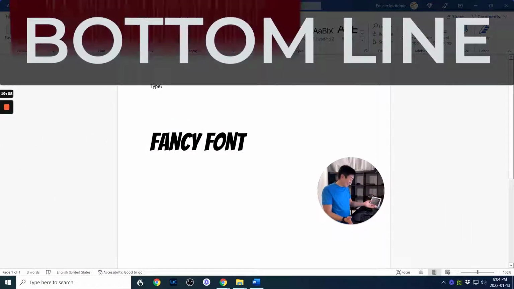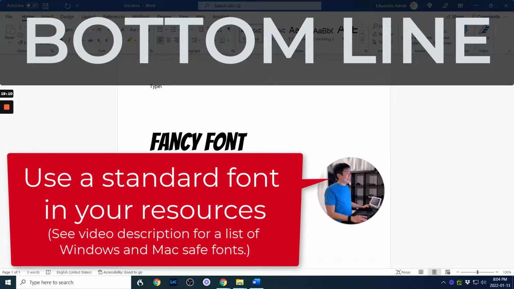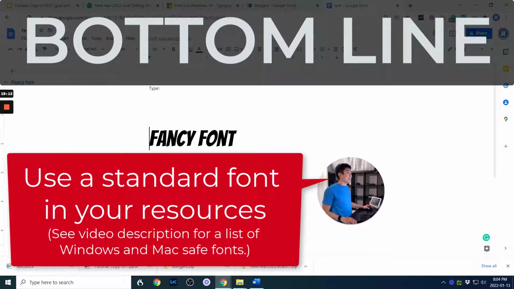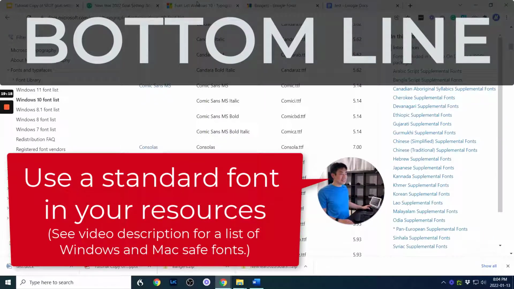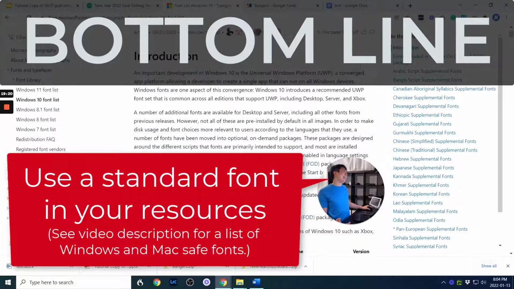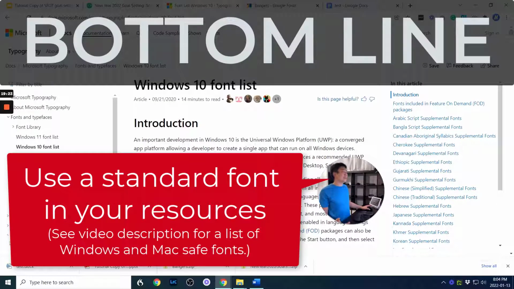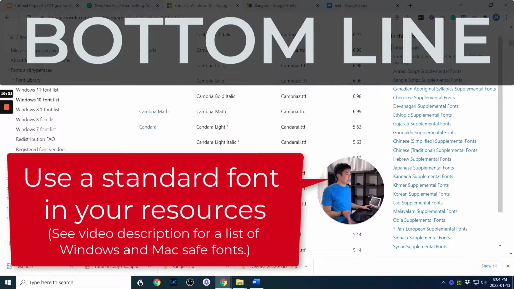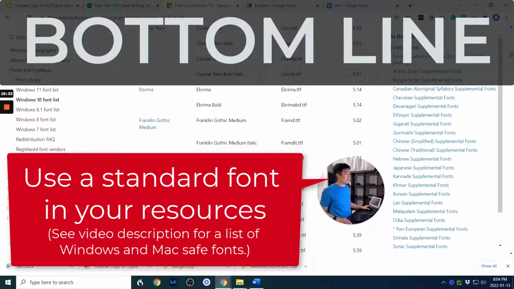Bottom line, if you are using fun, fancy fonts in Google Docs and Google Slides, and you're starting your TPT journey, just know that fonts can be a headache. And if you want to make sure that your font is safe for Windows 10, just Google Windows font list and you'll come up with a list of them. And I'm pretty sure that a good chunk of the common fonts are available on Mac, but don't quote me on that. Okay.